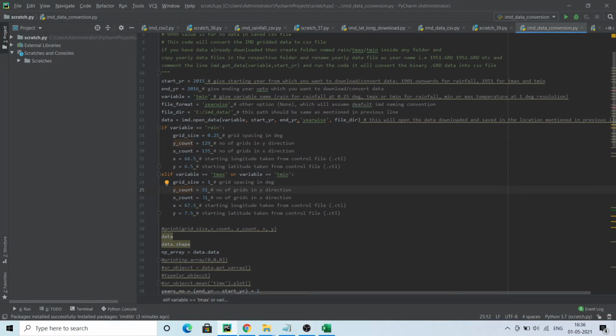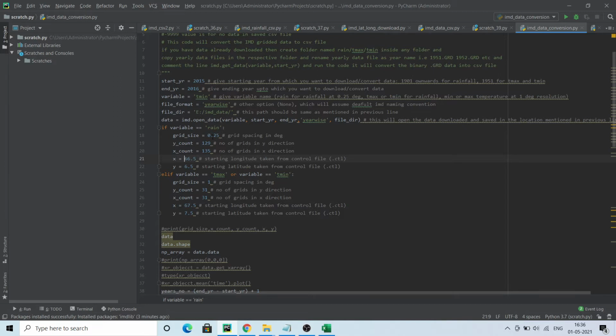This can be done through GrADS or OpenGrADS also, but there you have to create a CTL file for each and every year. So that can also be done there, but I think this is quite easy. So for rainfall we are using this, and for temperature, if you have another binary file and you know these kinds of things, you can modify this code. Like if you have 4 degree data, you know the x count, y count, starting lat long, you can change them here and you will be able to convert your binary file.